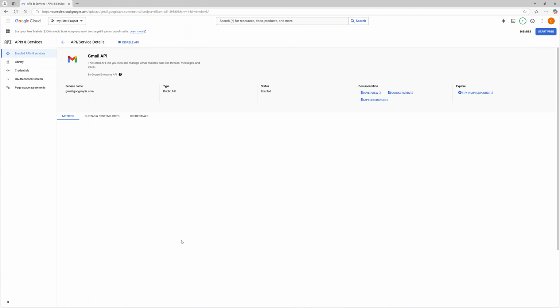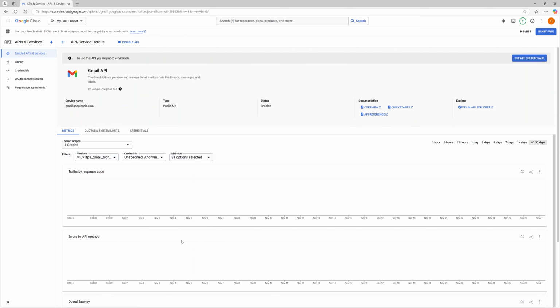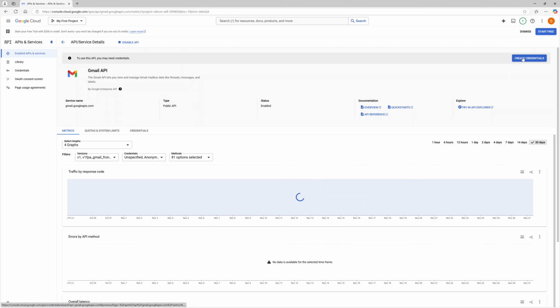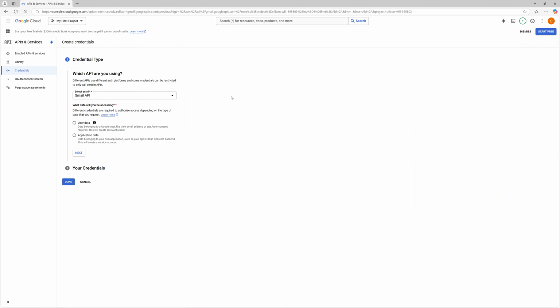Here we have to select the credentials. So let's let it load, and you have to create the credentials. So we are dealing with user data, so let's select the user data. At this moment we are not dealing with application data, so we can continue. Click on the next,